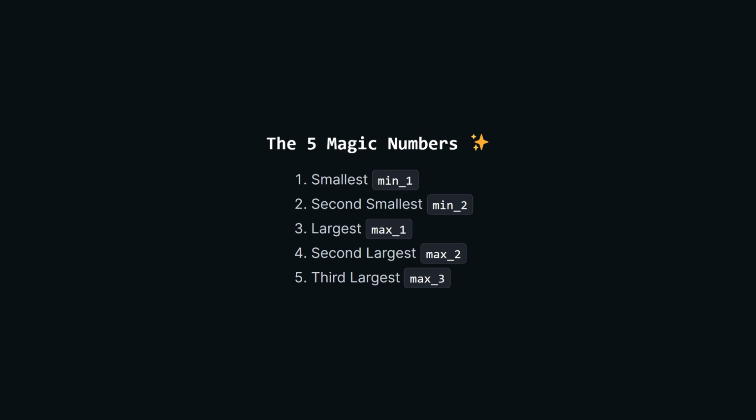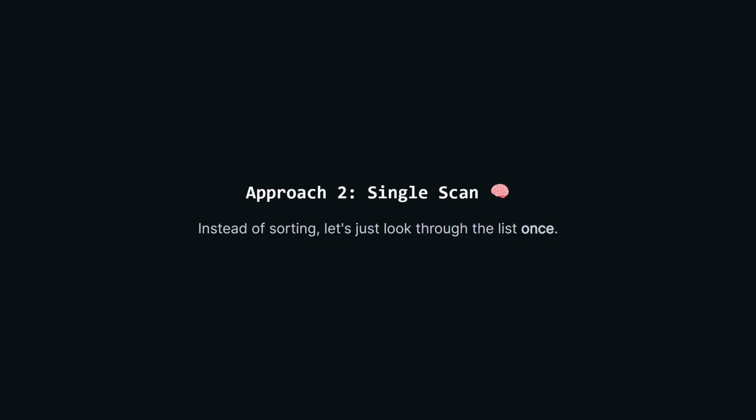We literally only need the smallest, the second smallest, the largest, the second largest, and the third largest numbers. Everything in the middle doesn't matter at all. This leads us to our second approach. Instead of sorting, we can just walk through the list one single time and keep track of these top 5